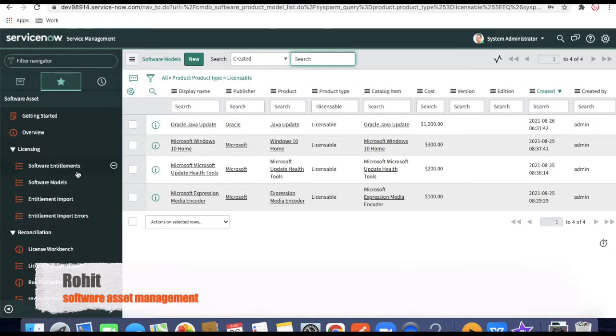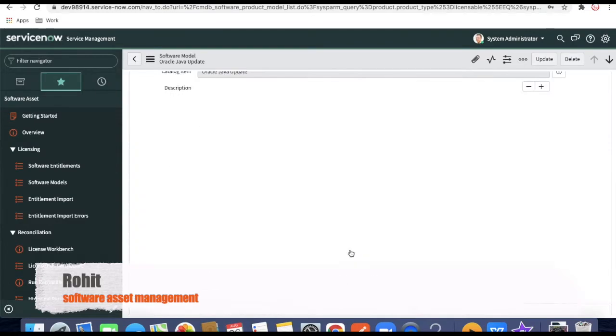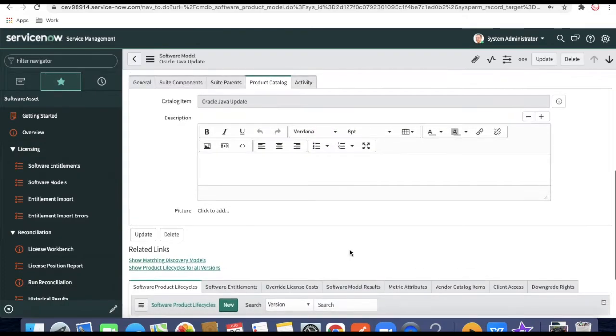Now we can see that previously we created the 3 software models, and for our case the Oracle Java update, which is normalized. For that we have created one software model called Oracle Java Update, and if you open that, I have put the cost equal to $1,000. So it means that whoever orders this item, the company has to pay